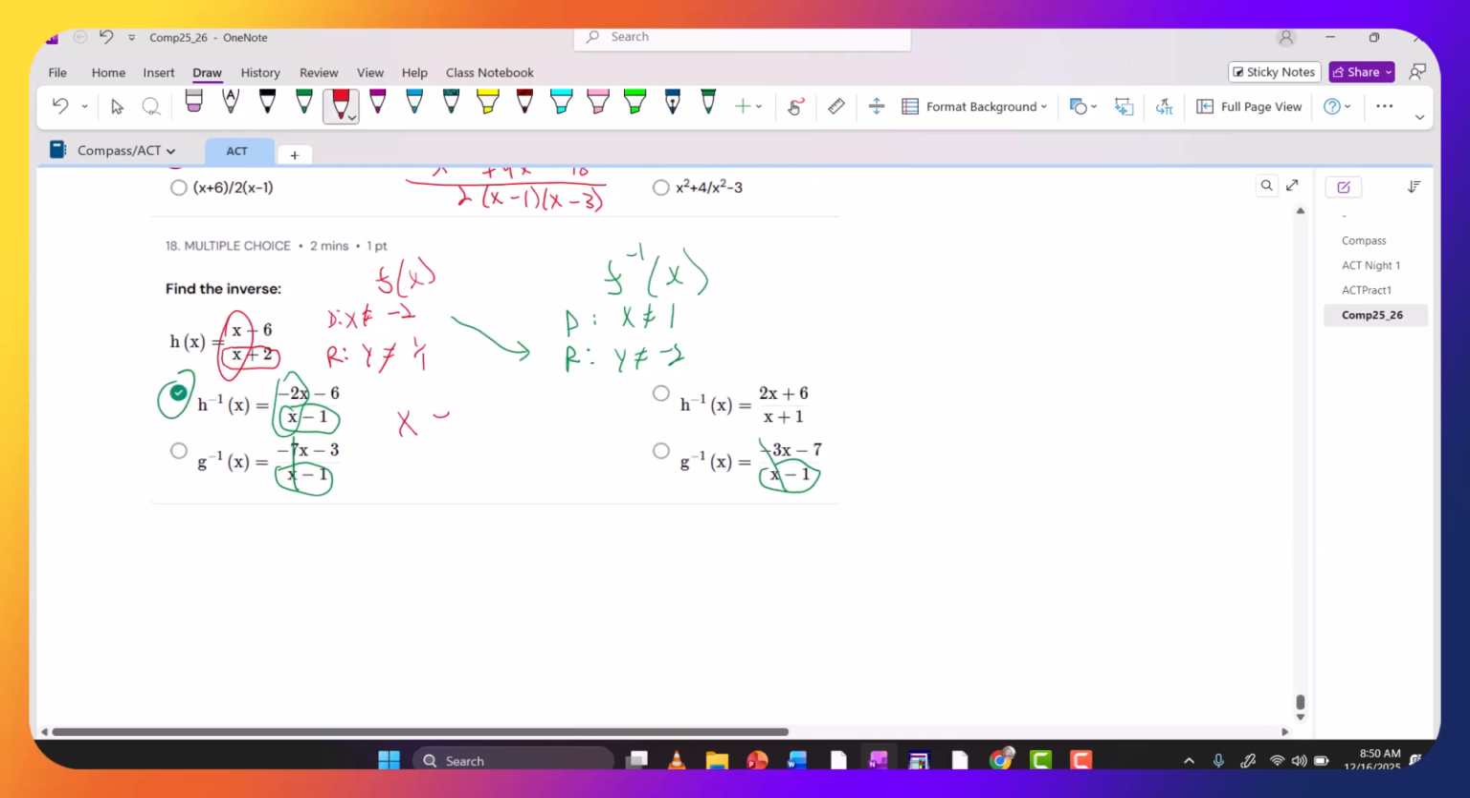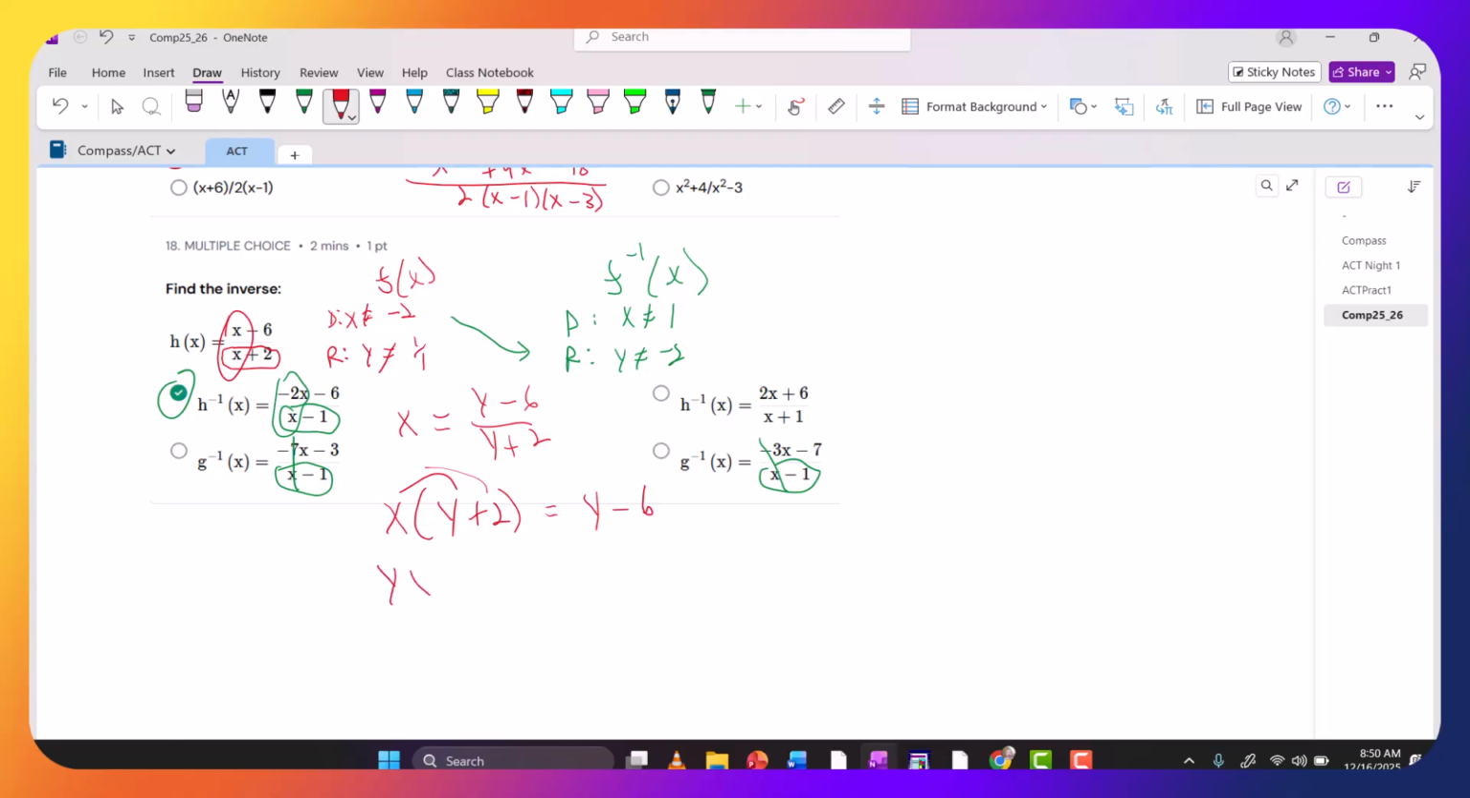When I say inverse, you say switch x and y. Y minus 6, y plus 2. Cross multiply. Distributes. And then also subtract. Subtract this y. This is 2x. Subtract the 2x. You got to be able to handle that. Then the last thing is pull out a y and then divide by that x minus 1. And you still get negative 2x minus 6 over x minus 1. So it's all good. Okay,